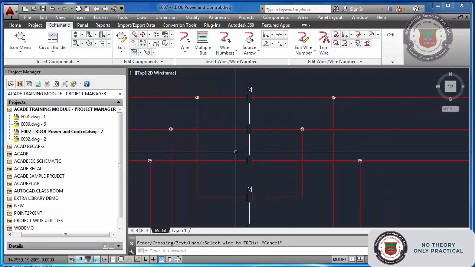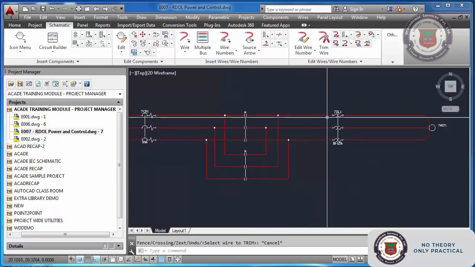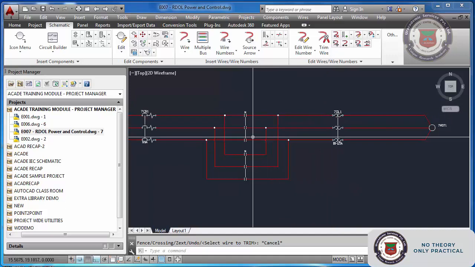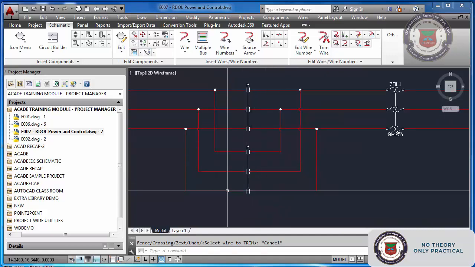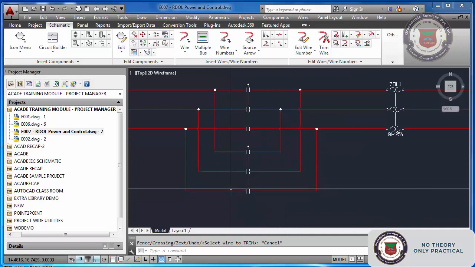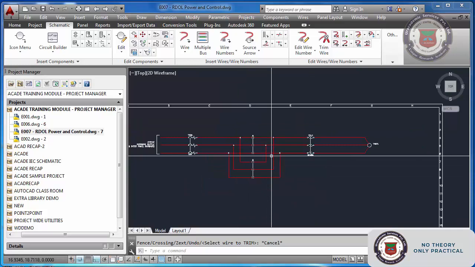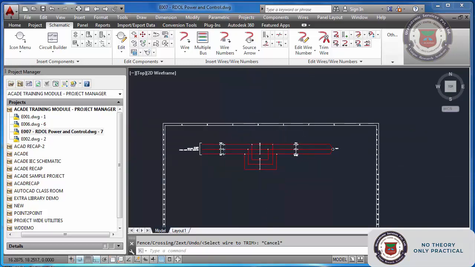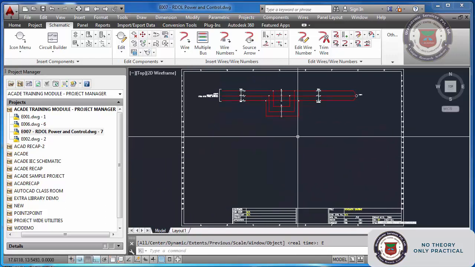Now you can see here it is connected. While this power contactor is on and the motor runs, R will go in this direction through the stop. But when this other one comes into picture, two phases will reverse, and the motor will also start running in reverse order. So that is why it is called RDOL circuit. So this is the overall power circuit.